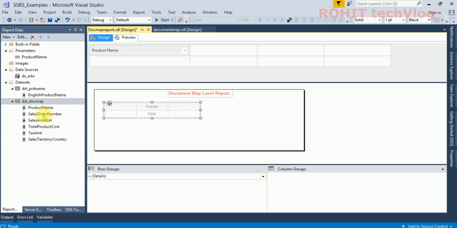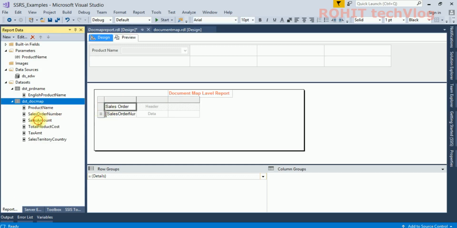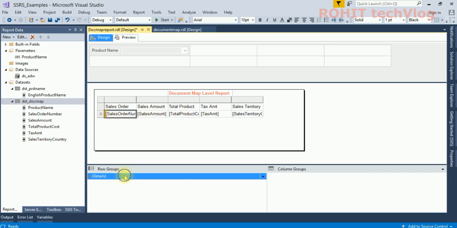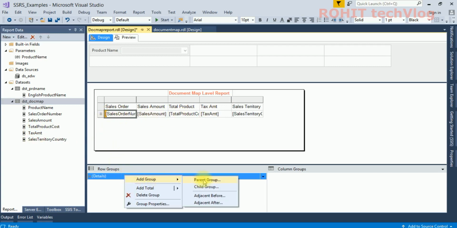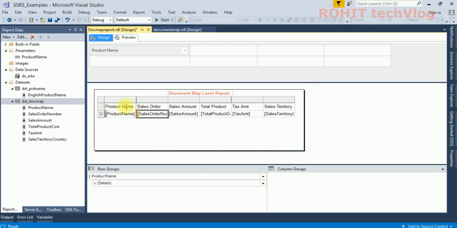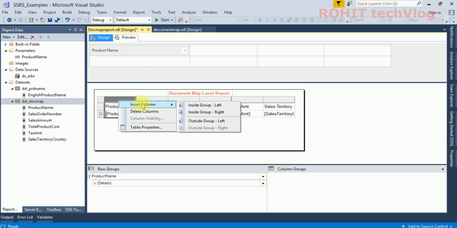Product name I'm not putting first. Sales order number, product list, tax amount, sales territory amount. I'll create a group here on product name. I don't want the product name to repeat column-wise; I want it to repeat row-wise.